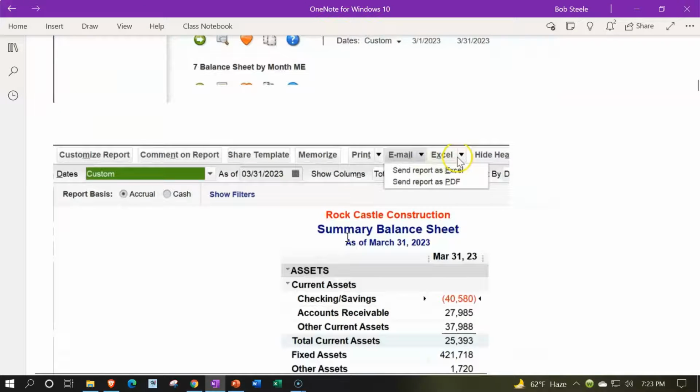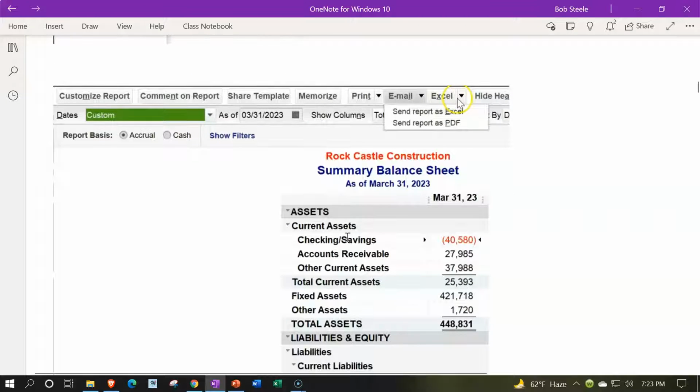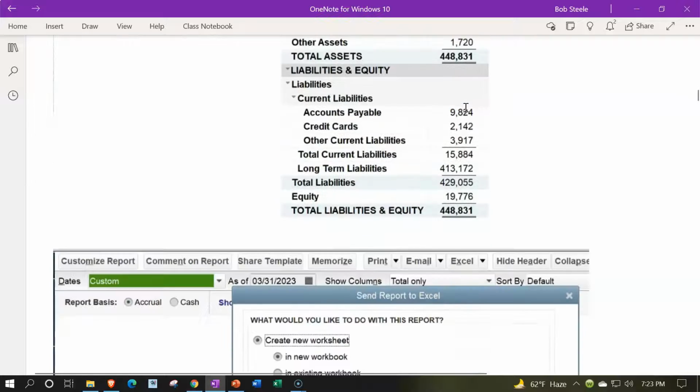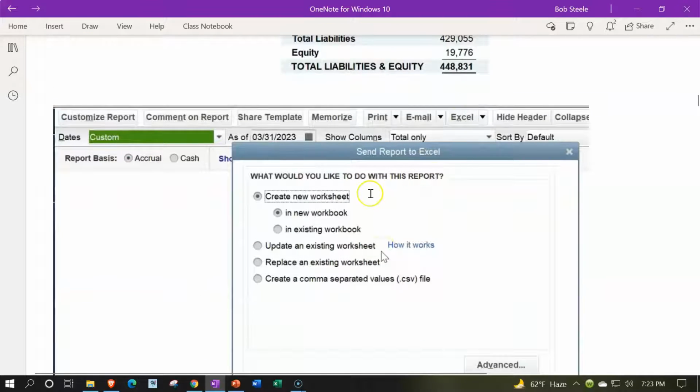So if we just open them up one at a time, balance sheet summary or summary balance sheet, we're going to be exporting it to Excel. You do need Excel in order to export to it. And then we get the second tab, which says create a new workbook. For the first one, we're going to create a new workbook, a workbook being similar to the term document in Word. And in following reports, I should say, we're then going to use the existing workbook